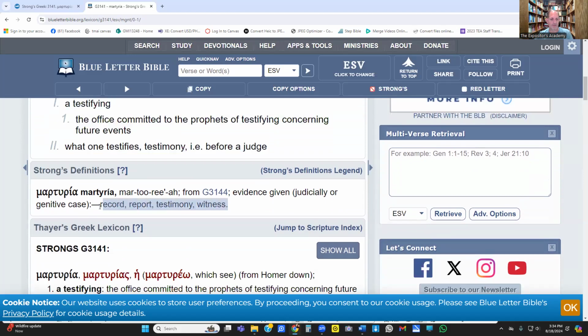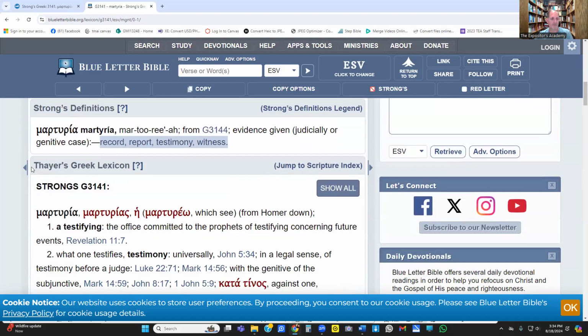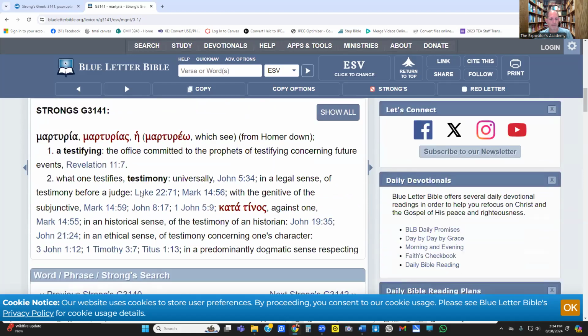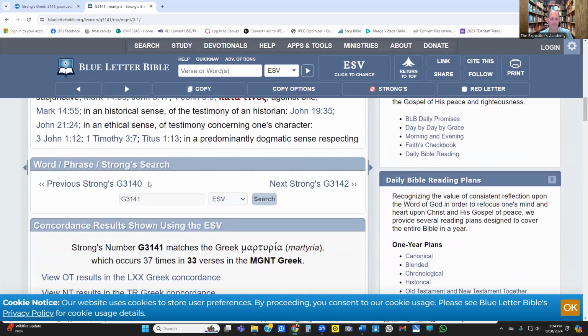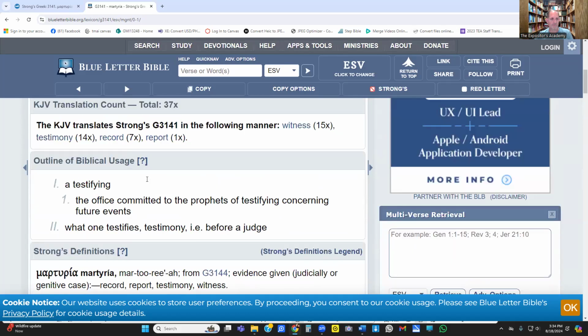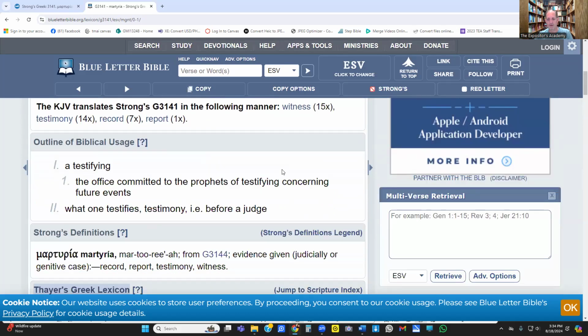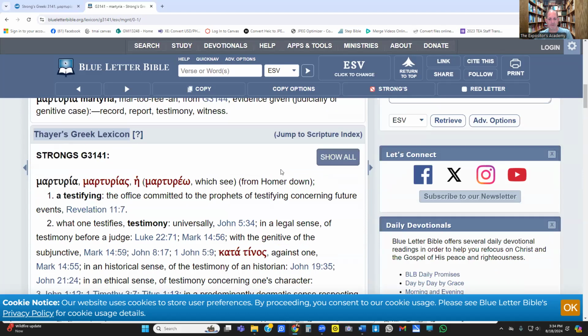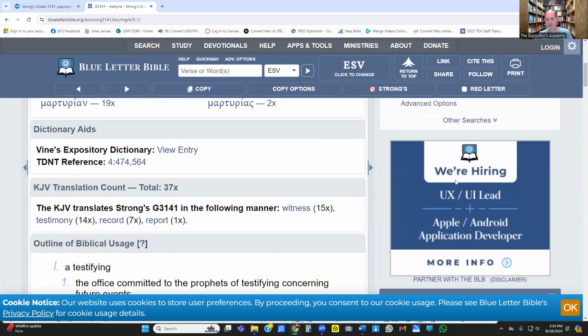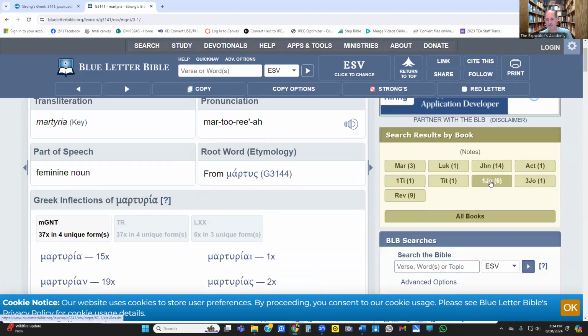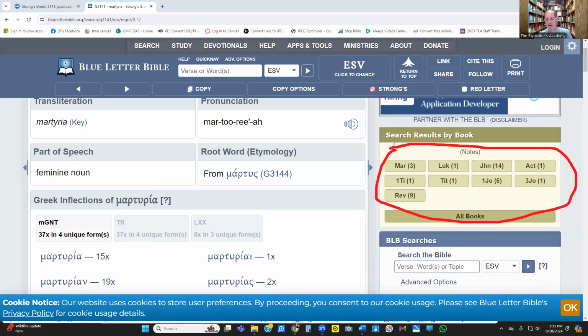We have the Strong's definition here. Then in this case, it's Thayer's again. So it's the same lexicon that Bible Hub has. Sometimes it'll be a different lexicon. But then notice what I mentioned. And then, oh, sorry, by the way, yeah, if you want the other verses that it's used in, I believe those are up, yeah, to the right. So notice over here on the right side is where they have all the references.